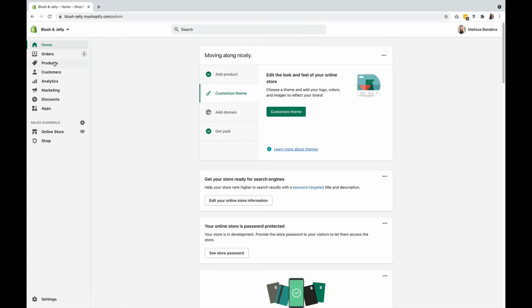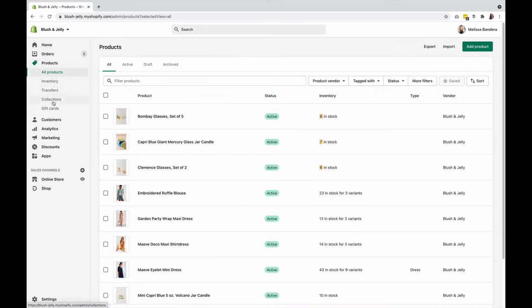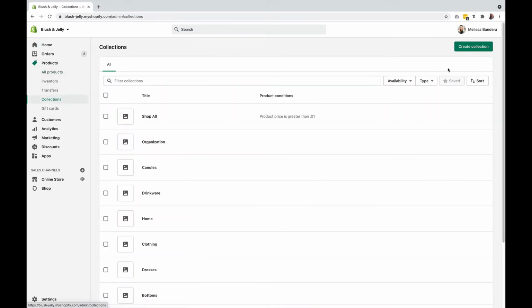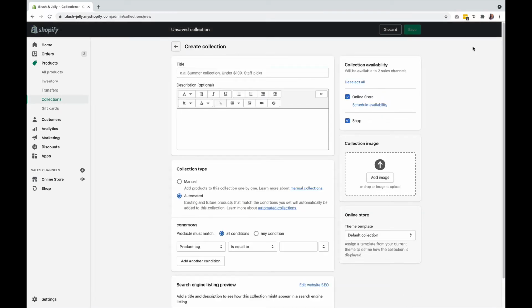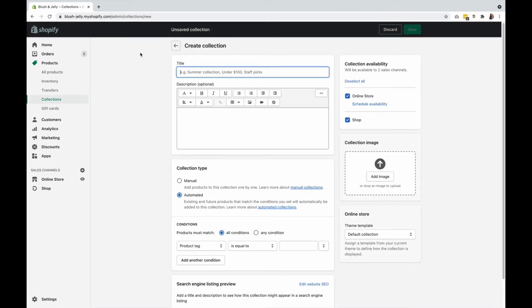On your Shopify dashboard, go to Products, select Collections, and then select Create Collection. In this new page, we will go ahead and create our new collection. Here, we will cover each section, adding a title, description, selecting what type of collection we are creating, availability, and uploading the collection image. Let's first start with creating an automated collection so we can go over the different conditions